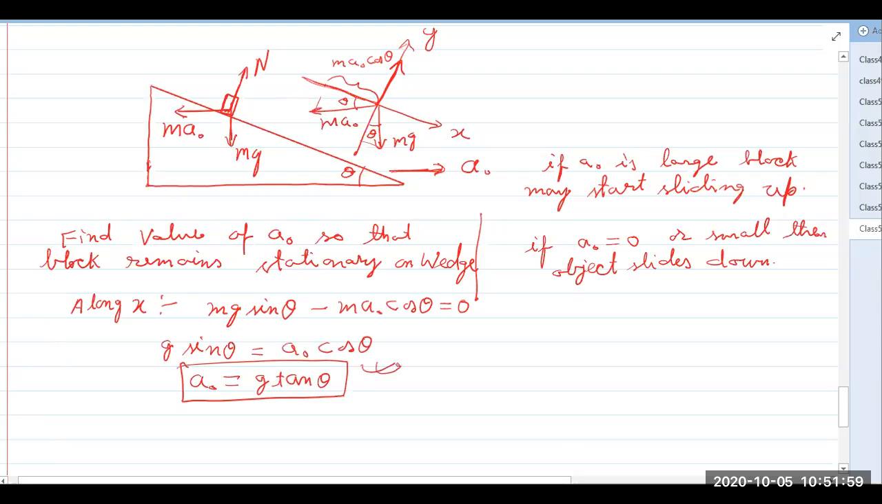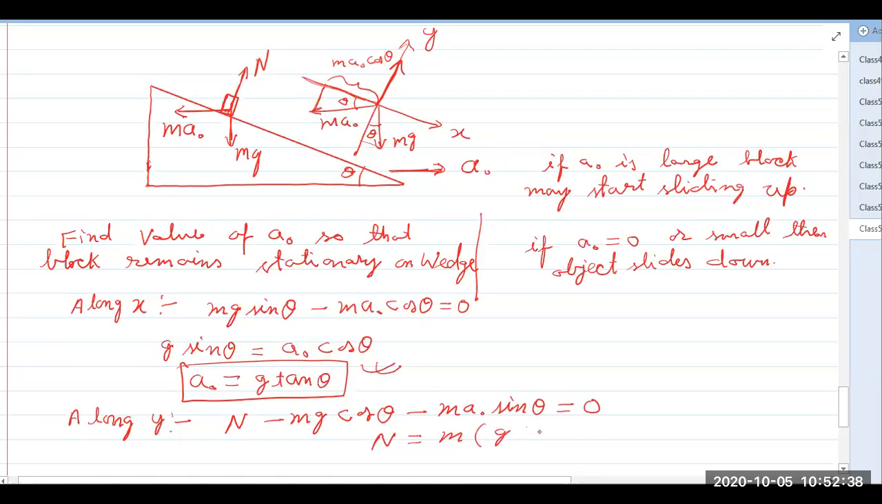Now we can also find the normal force exerted on the surface. For that we need to write the y direction equation. Along the plus y direction we have the normal, and along the minus y direction we have the mg cos theta component, and then we have ma naught sin theta. So minus ma naught sin theta. How much? N will be mg cos theta